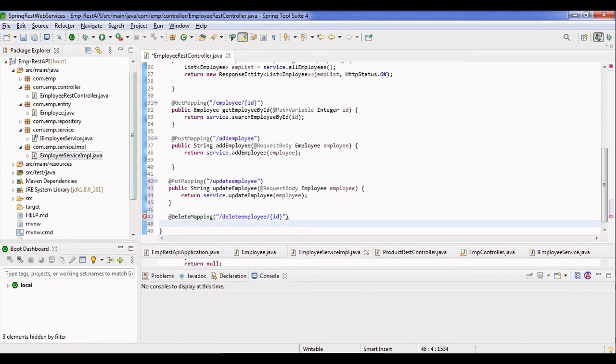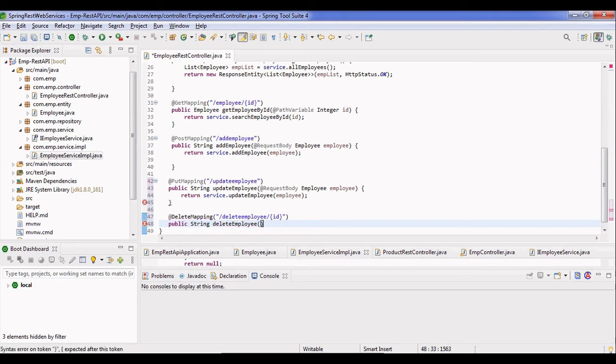Now let's write the code for the handler function. This is again going to return a string message, some appropriate message like deleted or doesn't exist. So this is deleteEmployee, some appropriate name for this method.